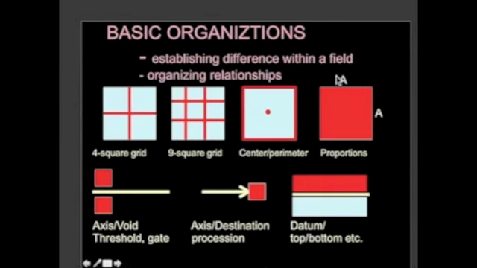Proportion. I have the letter A here and the letter A here. Sometimes when we're studying proportion, it's kind of silly to measure the thing and say this is 1.35 inches, and the other dimension is also 1.35 inches. We just might find relationships and say this is the same as this. This is A. And if I called this short dimension of the 4-square grid A, what would I call the long dimension of the 4-square grid?